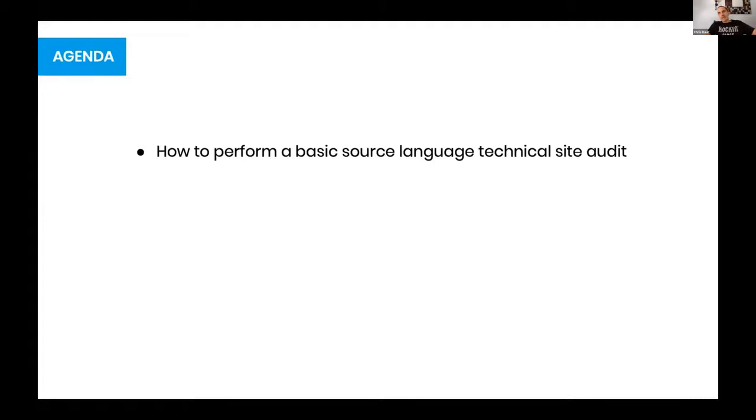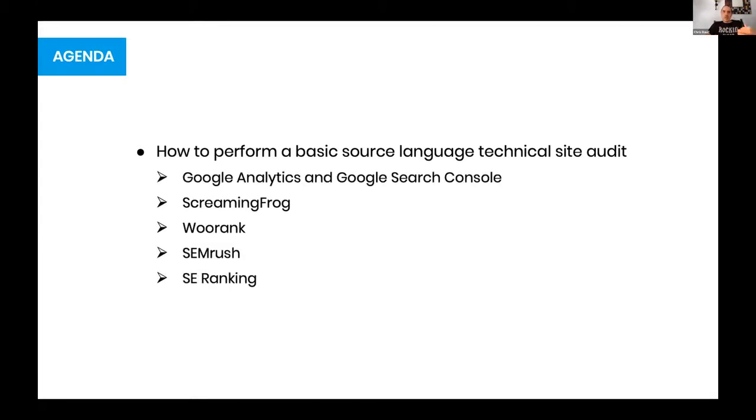All right, let's take a step back. If you do SEO for your clients, you want to do a technical site audit before you localize into and optimize for other languages. Why? You don't want to replicate the same mistakes into 10, 15, 20, 30 languages, right? So here are a number of tools that we use at our agency. I'm not going to cover them in detail in this presentation.